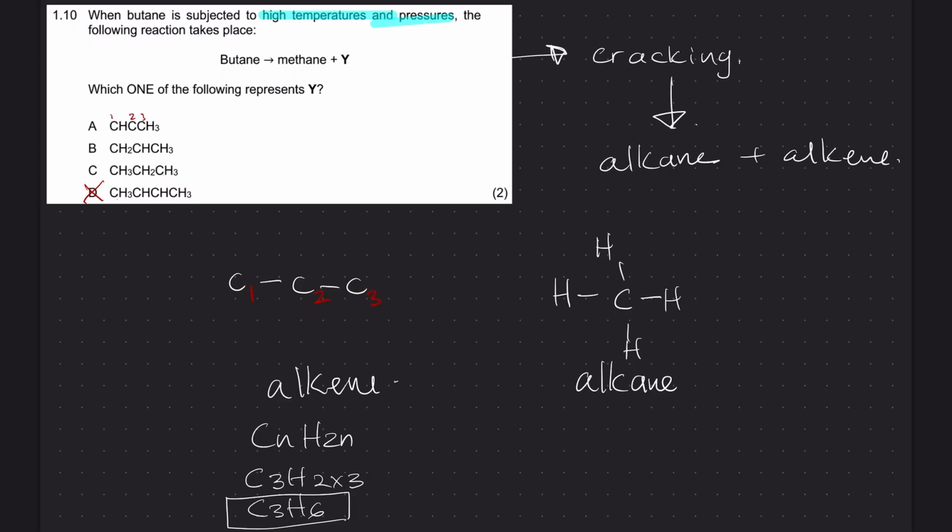So if I count the hydrogens in A, I have 1, 2, 3, 4. So A is out. If I count the hydrogens for C, I have 3 plus 2, which is 5, plus another 3, which is 8. So that's going to be out. If I check B, 3 plus 2 is 5 plus 1 is 6. The answer is